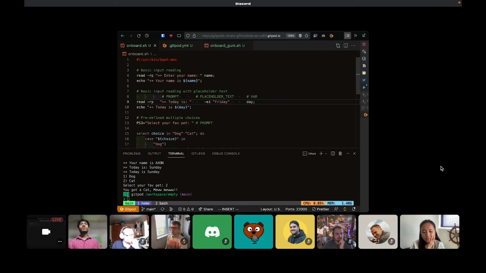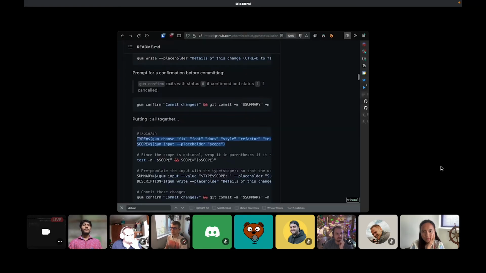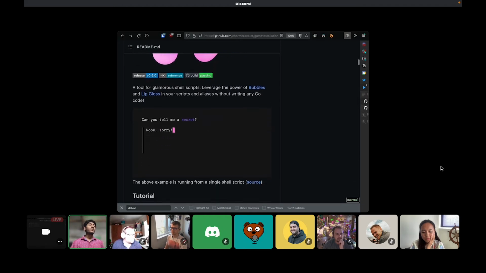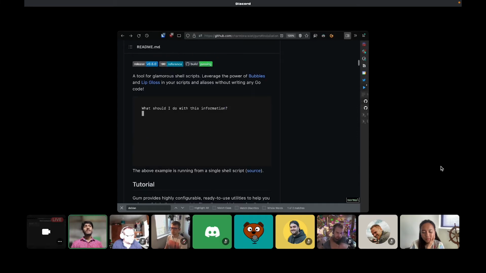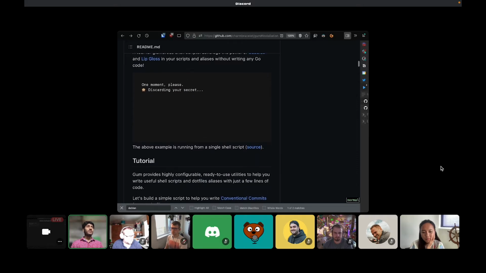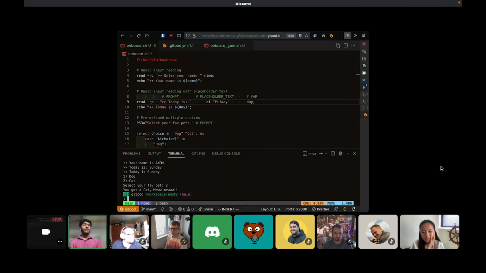And there's another tool called Gum, and it's actually pretty cool. You can also use it with Bash to easily create interactive shell scripts with even fancier colors and some of the other utilities it provides. So here are some of the examples, as you can see. And of course, another real world example would be, let's say,